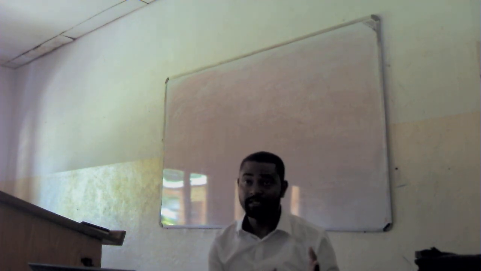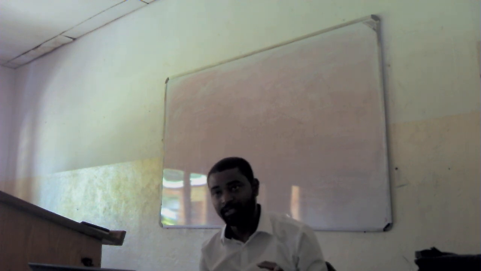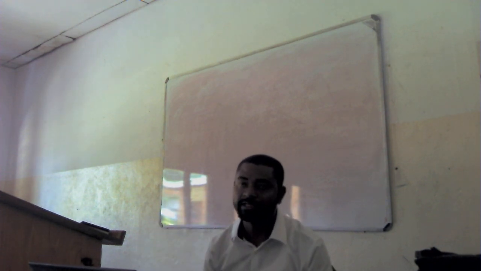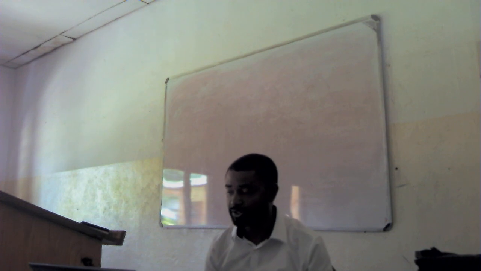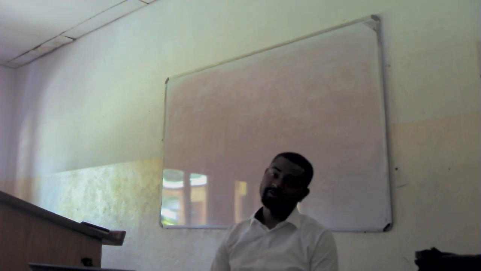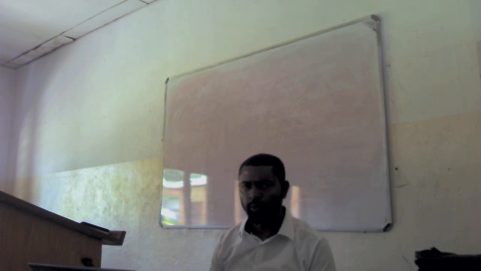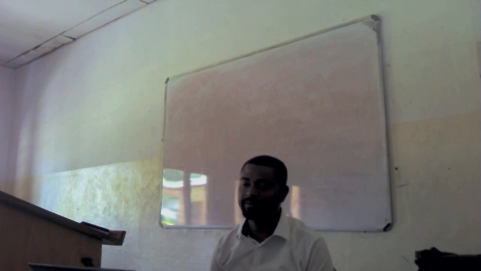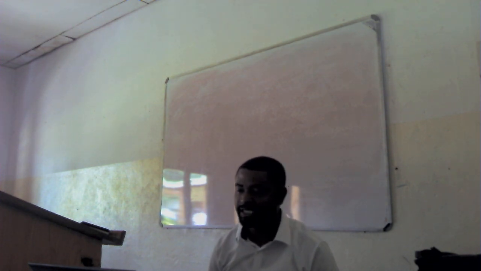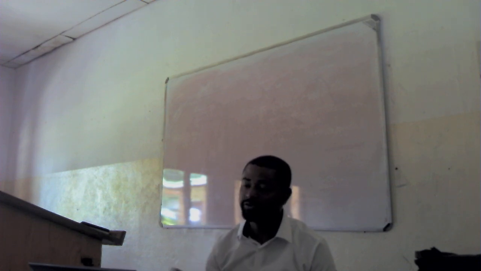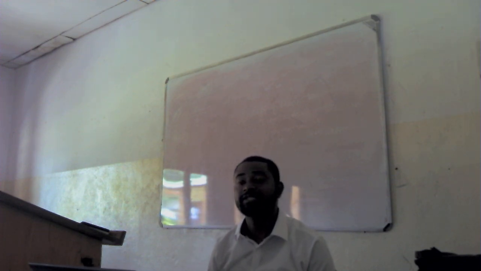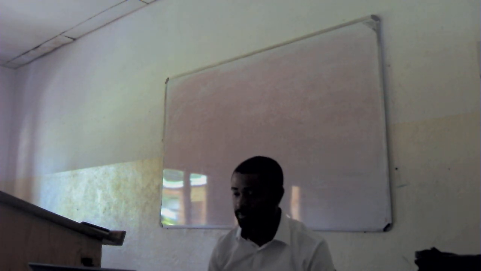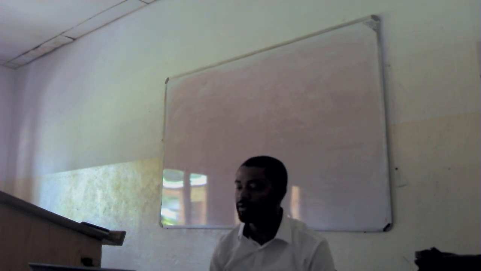We have done the forecasting, right? The demand and the supply. So the question is, now we have to take an action, isn't it? So the action is where we're looking at HRP implementation. So what are some of the things that you think we can take as an action where we have seen that maybe we have a shortage in terms of the demand, or we have a shortage in terms of the supply? So the answers, or what we're going to plan in terms of actions, are the following. Number one is to recruit and select. So obviously if we're facing a problem with demand, what does that mean? We have to what? Recruit and select. So we have to increase in terms of our number of employees.